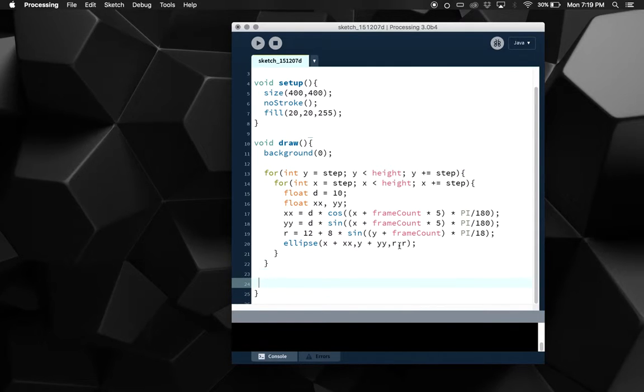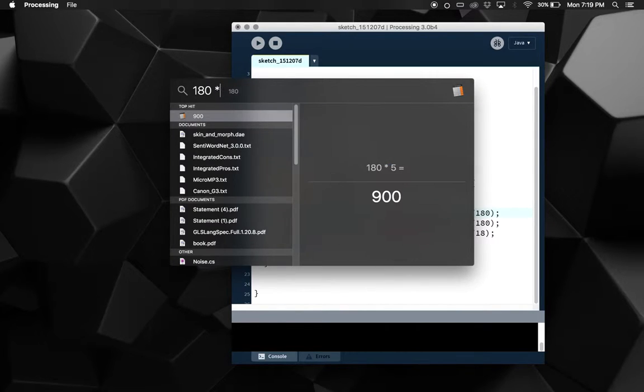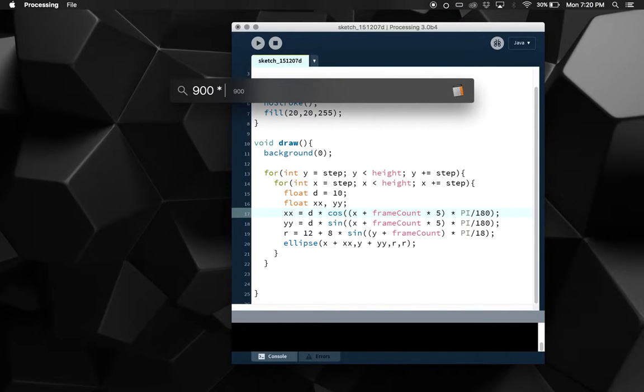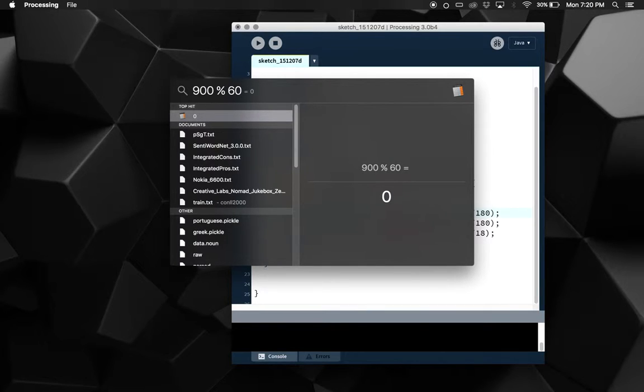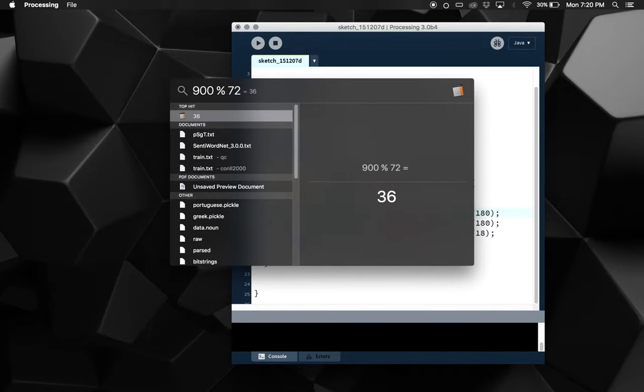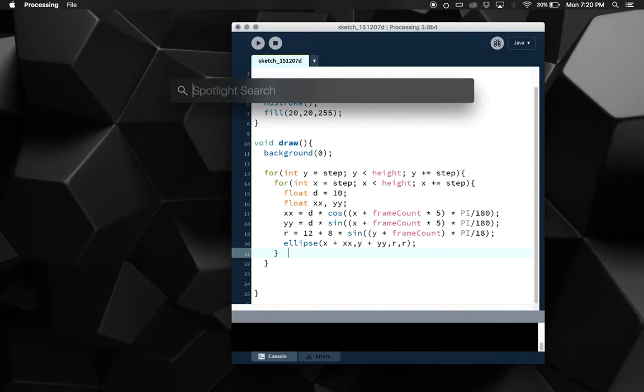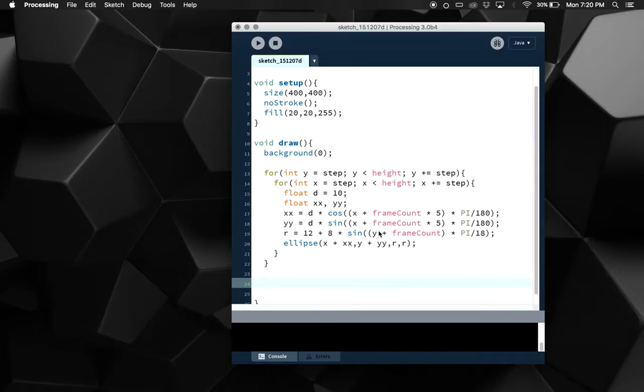Now let's figure out, it's going to be 180 times 5, 900. 60, 900 mod 60, 900. I don't really know the math here. Let's just experiment. Okay, if frame count is greater than or equal to 72,